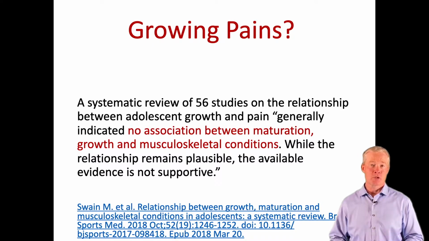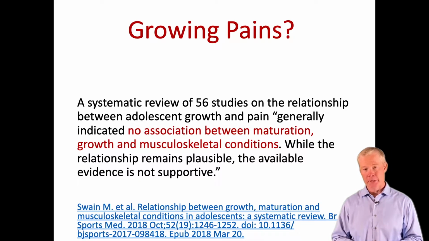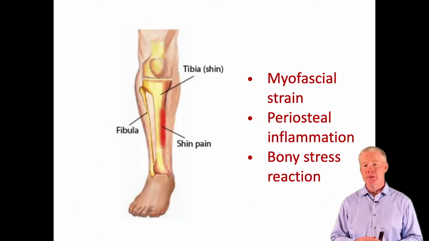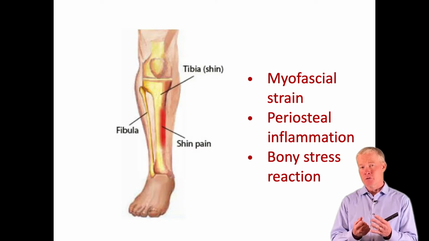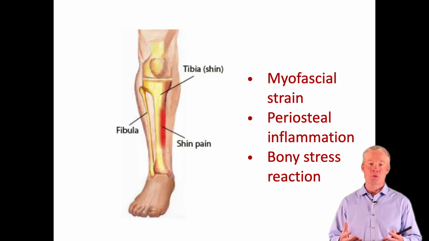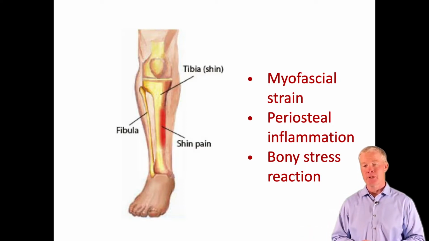So our goal for someone with shin splints is not to tell them to wait until you're done growing. It's to actively address the stressors that we can. And those stressors typically affect the bone. So there's a bony stress reaction to this, a periosteal inflammation, and a myofascial strain. We see this as a continuum, that while it starts as a myofascial strain, eventually that myofascial strain starts to irritate the periosteum. And as that continues on, now we have a full bony stress reaction that will eventually soften the bone and allow us to develop a stress fracture. As we'll see in this presentation, shin splints is a continuum that ends in stress fracture of the tibia.